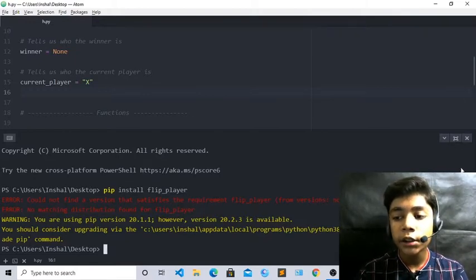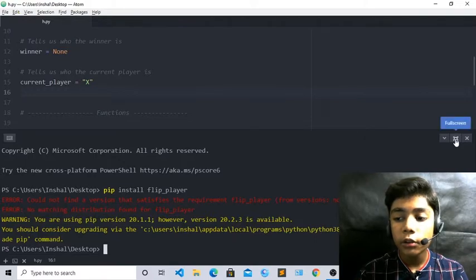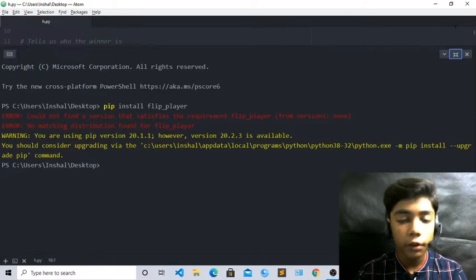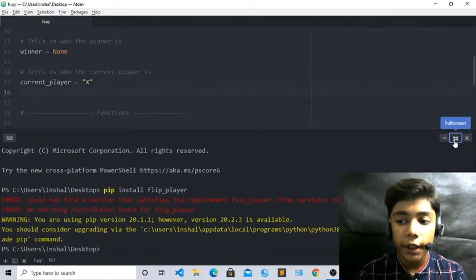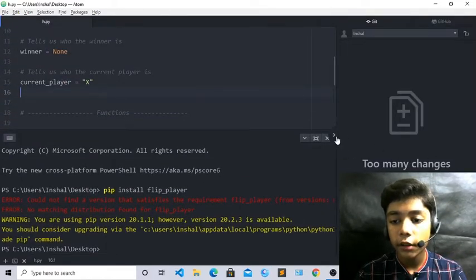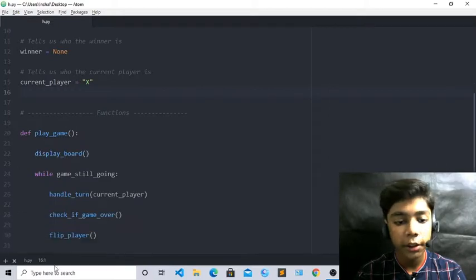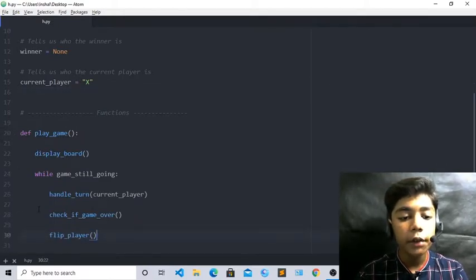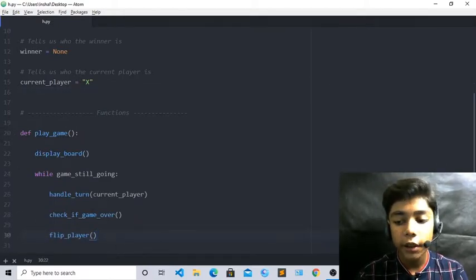Now, you can also make the terminal full screen if you want to, or go back to normal. Now just close this, sorry, and now close this terminal. You can see we have defined many things and we have closed our terminals here.